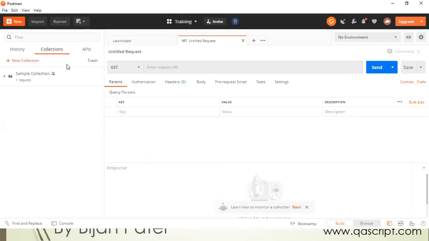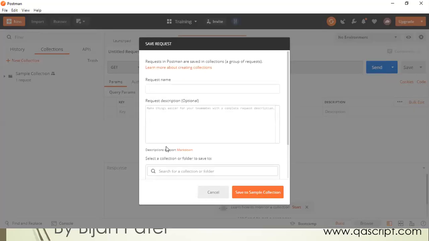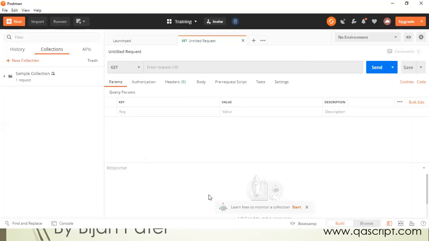You can also create it from a collection. So go to the collection, click on these three dots, and you will see the add request option here. So here also you can add your request by name and description. That said, the easiest way is to just click on this plus button and you'll get to this window where you can enter your GET request.